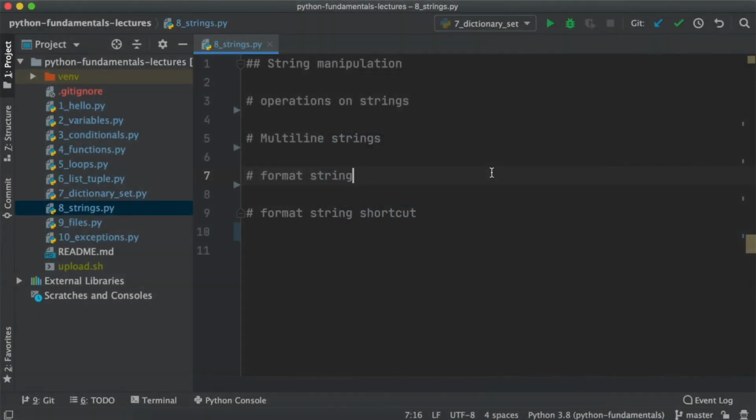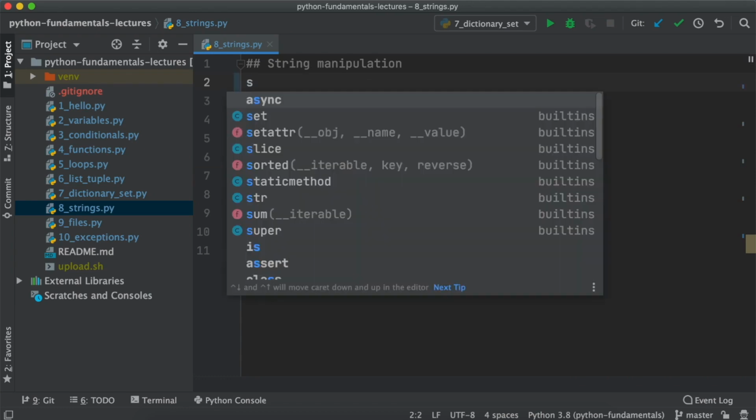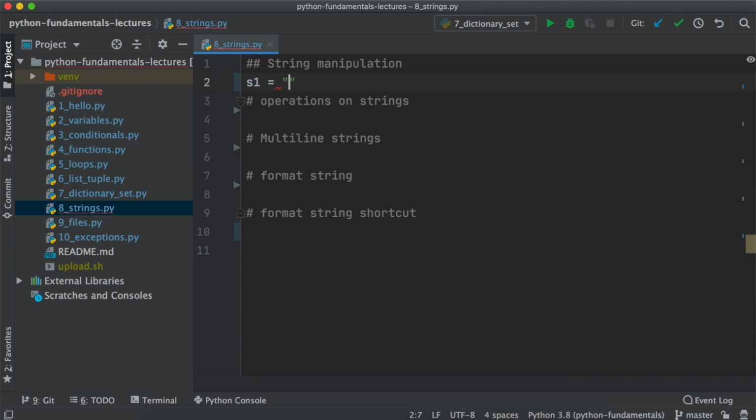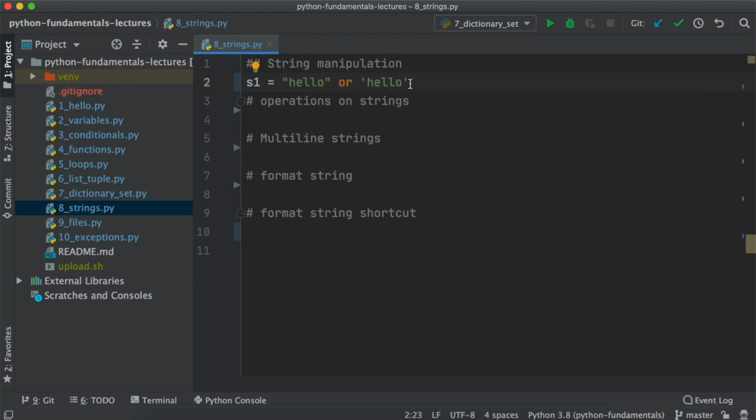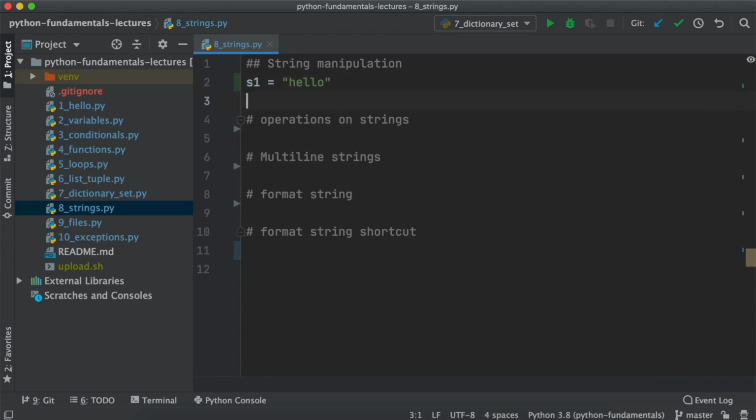Now let's talk about string manipulation. To understand this concept, let me take a variable s or maybe s1 and let's define a string like "hello". When we define a variable which is a string, we can use either double quotes or single quotes. I have a tendency to use double quotes, so let me continue with that, but either of them won't really matter. Now to print, we can just directly say print s1, save, and let's run this,